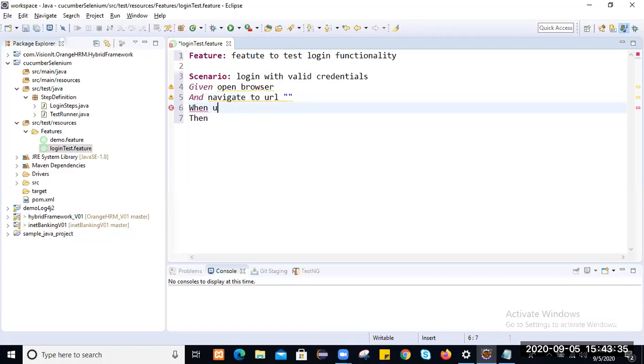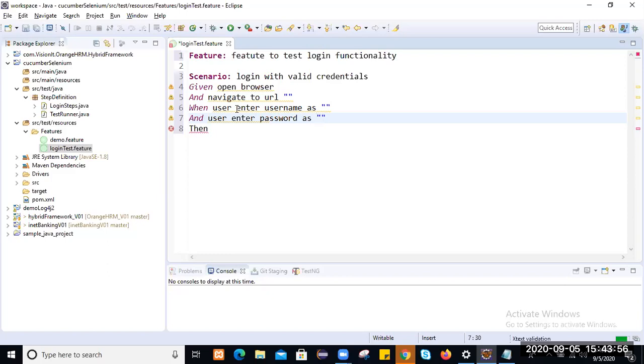Then user enters username as whatever username the user wants to enter, and user enters password as whatever password the user wants to enter.